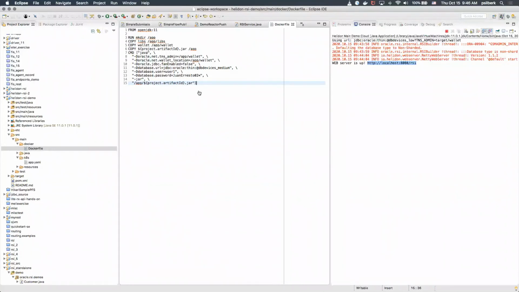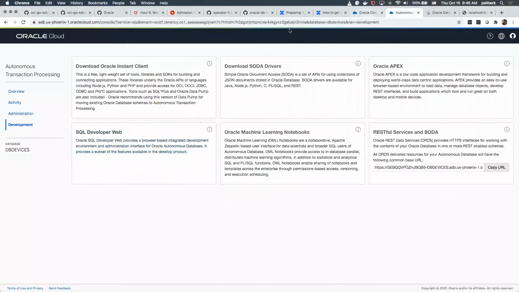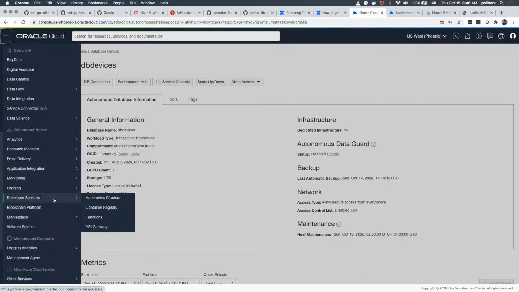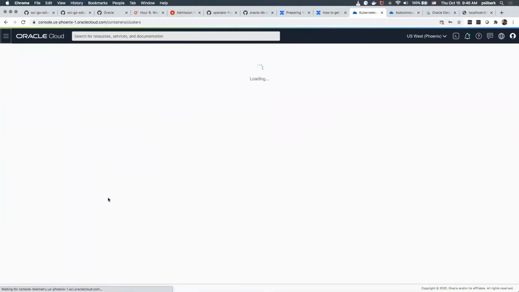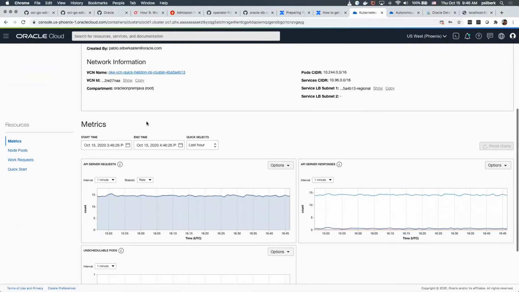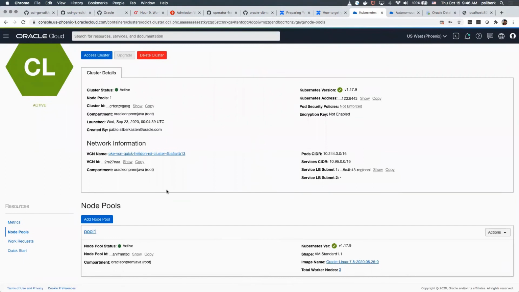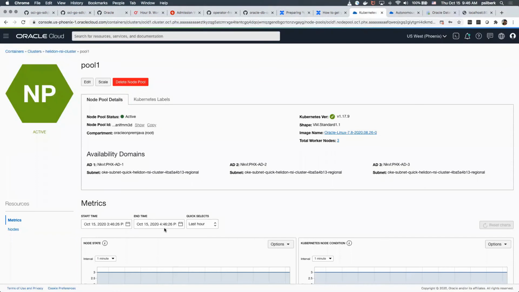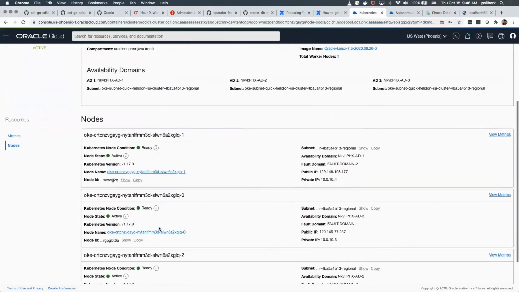To deploy this into OKE, let me show you the console. I have this cluster that I created. This is very simple, that I created to deploy my image here, right? And you can see the node pools, for example, and you see pool 1, and you're going to see the 3 nodes in here.